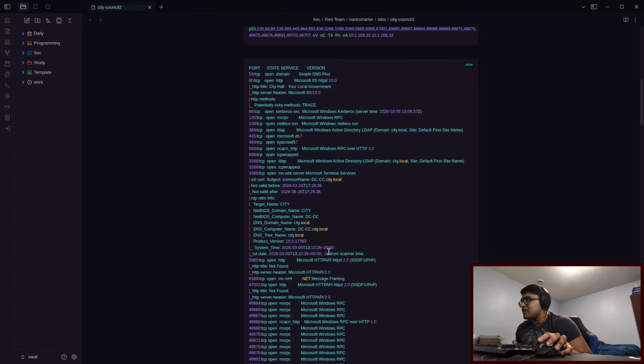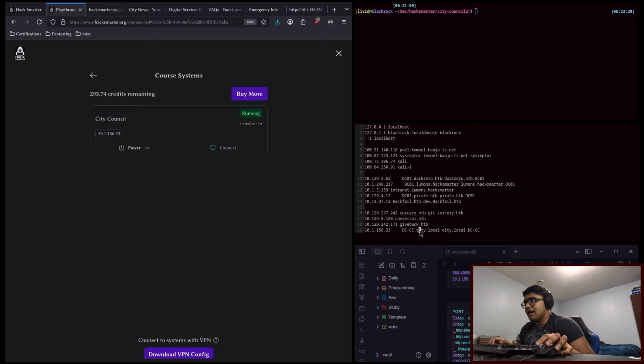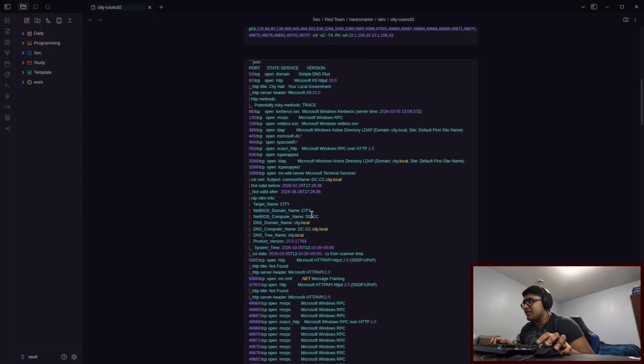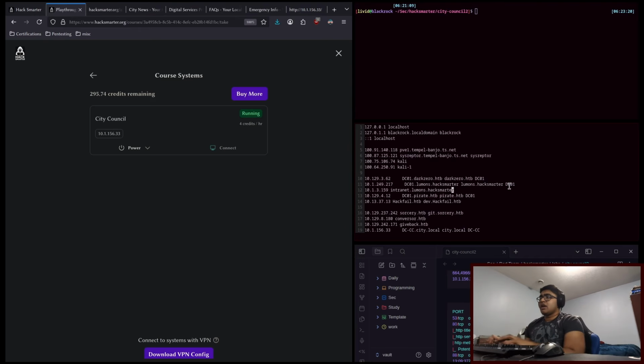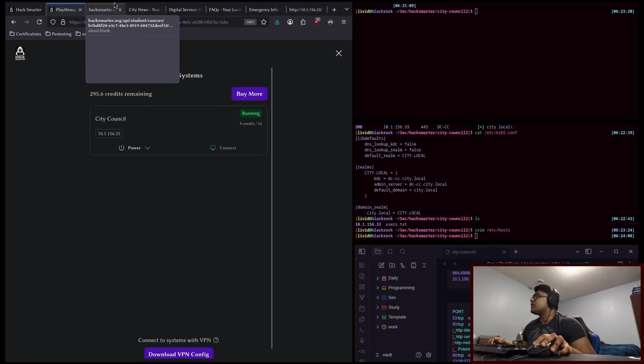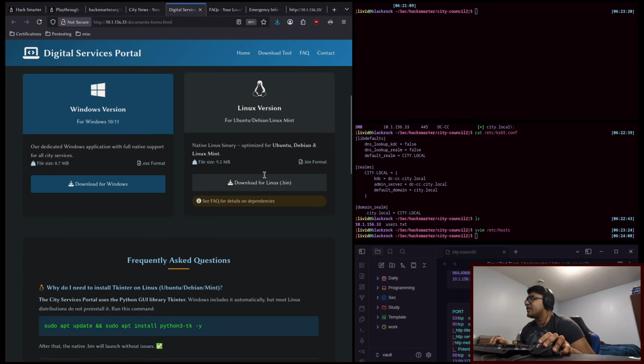Where would we find that information? We can see in the nmap scan right here, the NetBIOS computer name is dc-cc, the domain name is city.local, and the actual domain computer DC is dc-cc.city.local. So you put the DC address first, then the domain address, then whatever computer name you want. Anyways, now that we have gone over all of that and I've bored you to death,